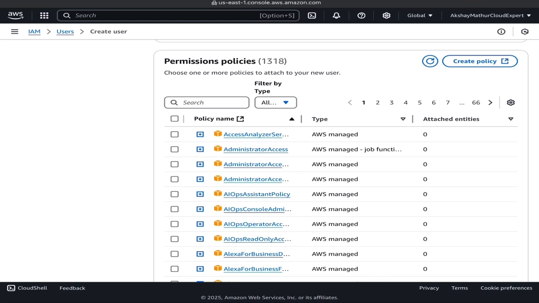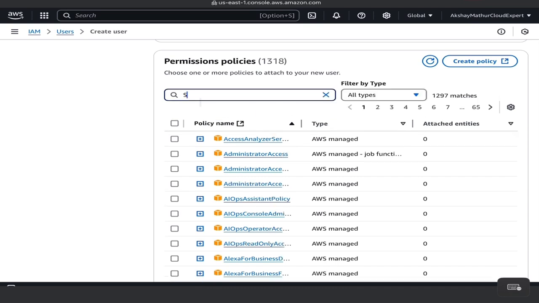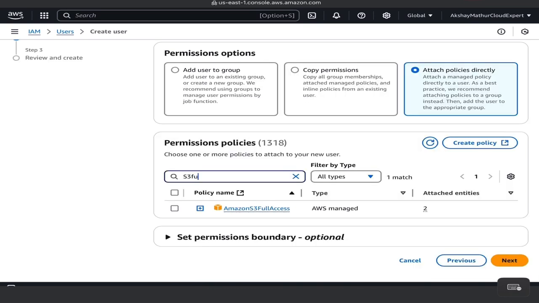Suppose this IAM user has access to the S3 bucket only, meaning this user will work with S3 buckets. Then the administrator will give access only to S3, and they can't access other AWS services. For that, they will attach S3 full access. So this is the permission attached to the IAM user. Just select this one.